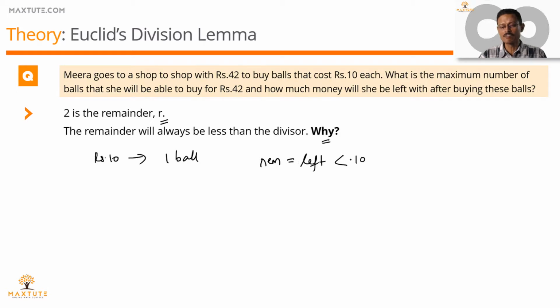That remainder will be less than 10 in this example. What is 10 in this example? 10 is nothing but the divisor in this division. So the remainder of any division will be a number that is going to be less than the divisor. How low can this value be?